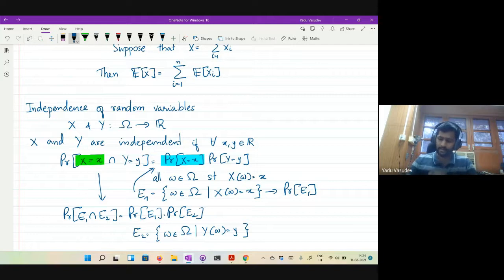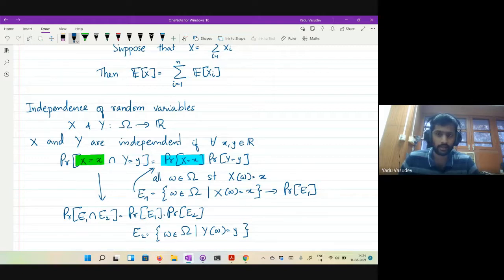So the independence of events can directly be extended to the notion of independence of random variables. Okay. These are some simple properties of random variables that we should keep in mind for now. And with this in mind, we will try to understand the randomized algorithm for max cut and analyze it.